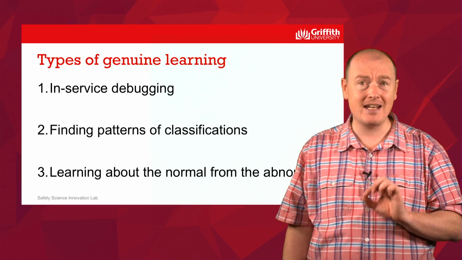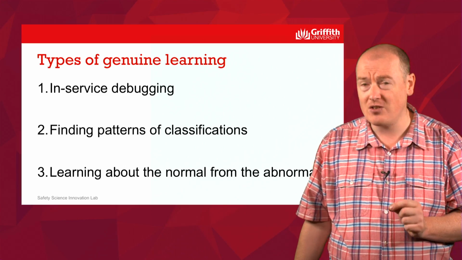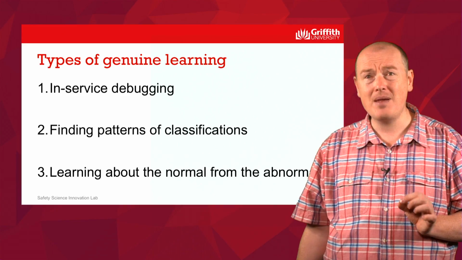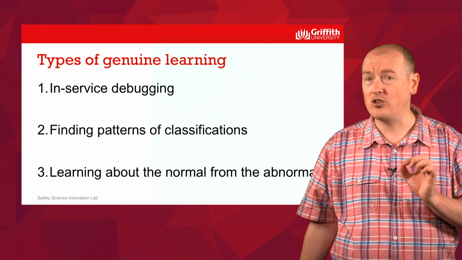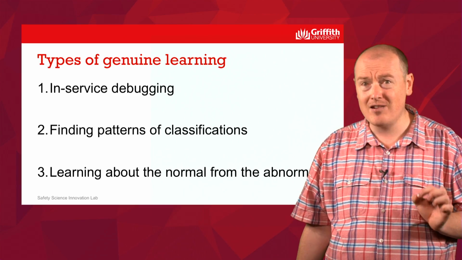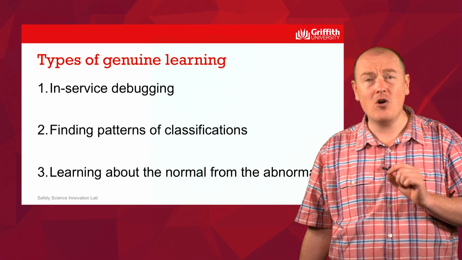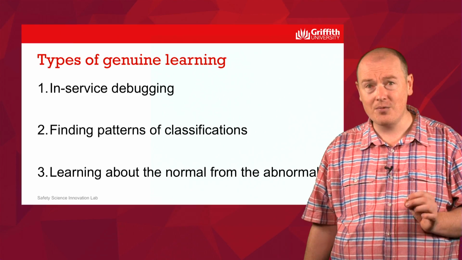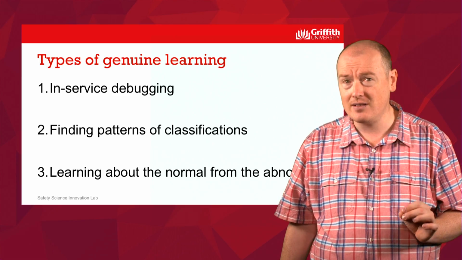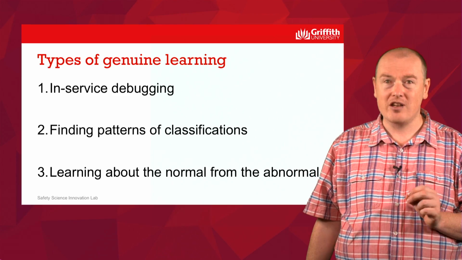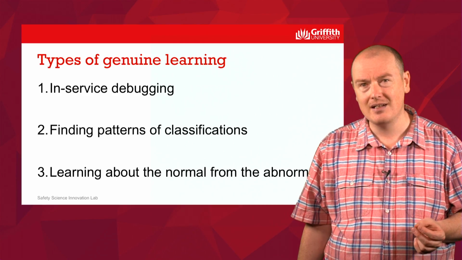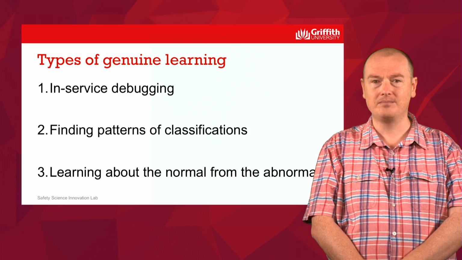Now, the trouble is that an accident is in fact the worst time to do this. It can happen accidentally after an accident, but after an accident, people are not normal. People are not doing the task the way they usually do it. They're doing the task the way they usually do it when they're under intense scrutiny. People are not revealing and talking about the messy details of work. They're pretending that work always happens according to plan and according to procedure. So if this is really what we want, if we really want to learn what work is really like, we can do it through accident investigations, but they're a fairly poor way of doing it.